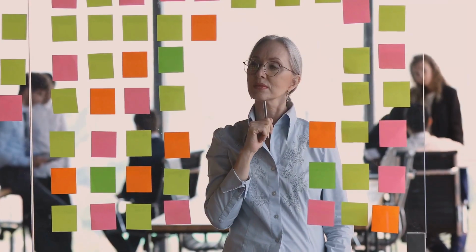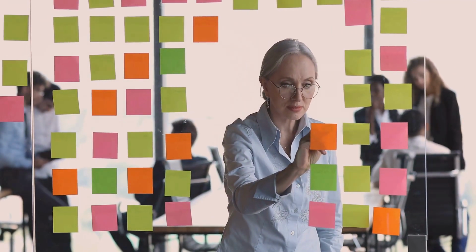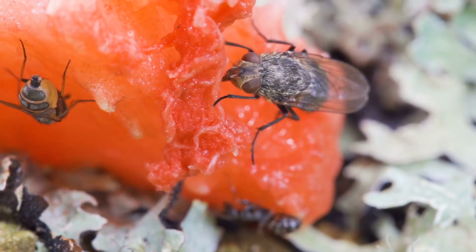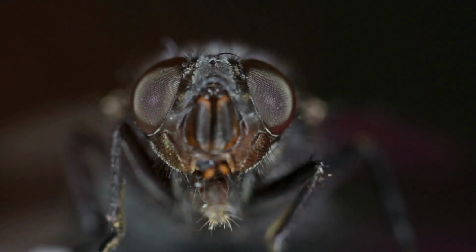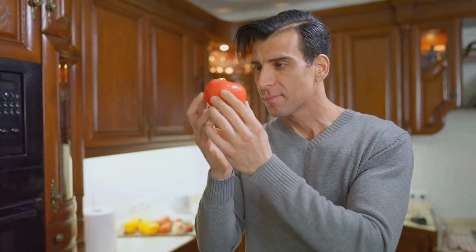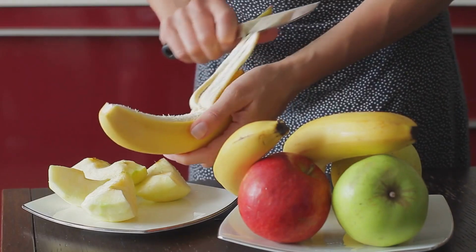Before declaring war, it's wise to understand your opponent. In the battle against fruit flies, knowledge is your greatest weapon. Fruit flies, those tiny creatures with red eyes and a penchant for overripe produce, are masters of survival and reproduction. They are not just a nuisance, they are a marvel of nature's adaptability. They have an uncanny ability to detect even the slightest hint of fermentation, making your kitchen their prime target. The moment fruit starts to ripen, fruit flies are already on their way, drawn by the scent of potential food